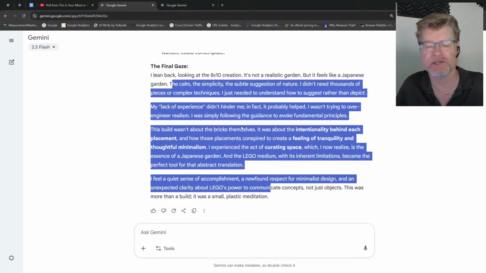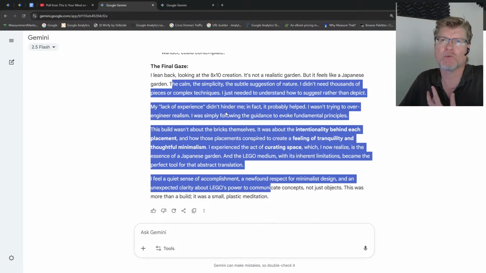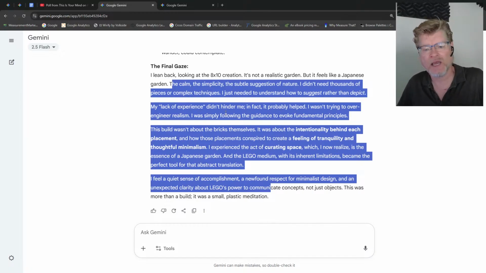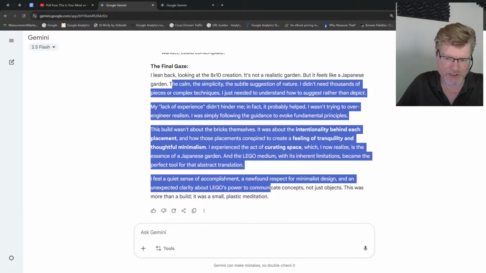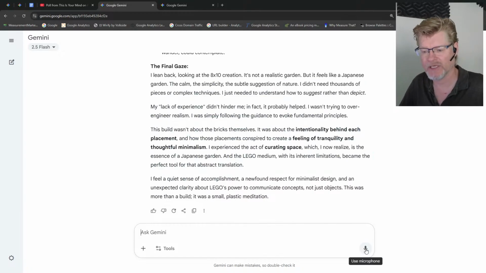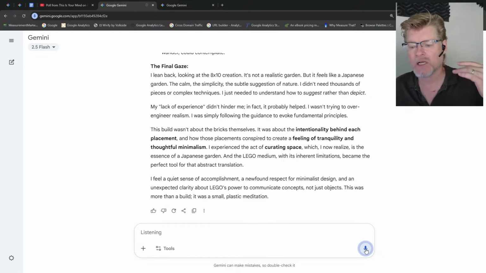If it didn't, I would steer it and say, well, I would never use this. In my experience, it would be maybe more like this. And then I would have it re-experience and come back and it would adjust, right? In this case, I'm going to make it kind of where it is. So I'm going to say, I would like you